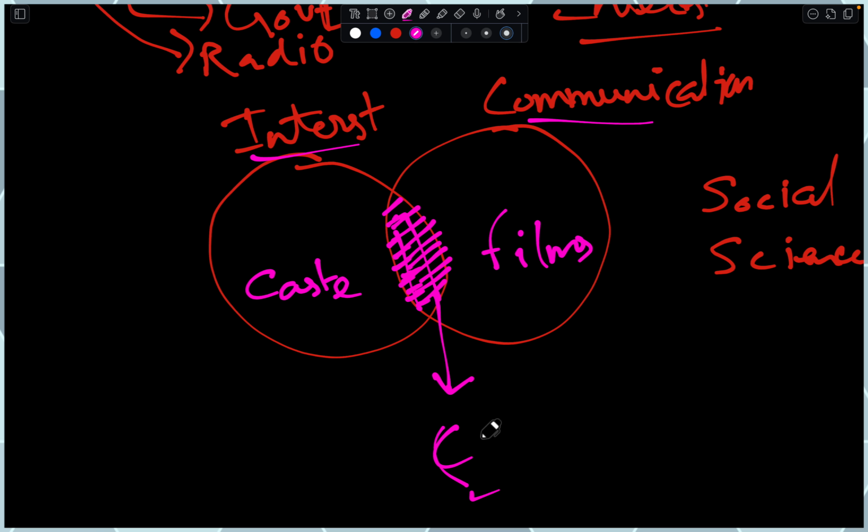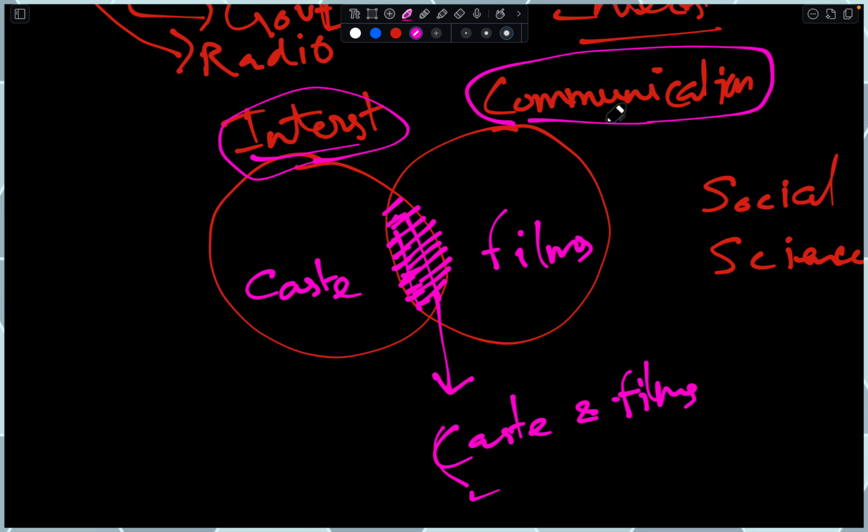So you can work on caste and films. So find an area of interest and then link it with communication, and then you can directly arrive at an area that interests you and you can work on that.